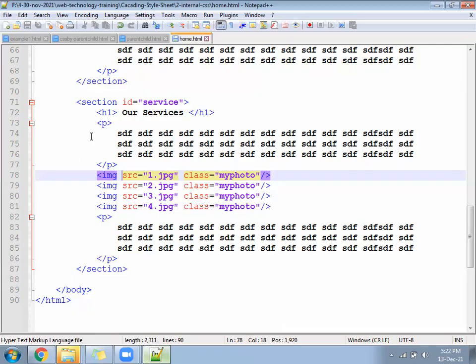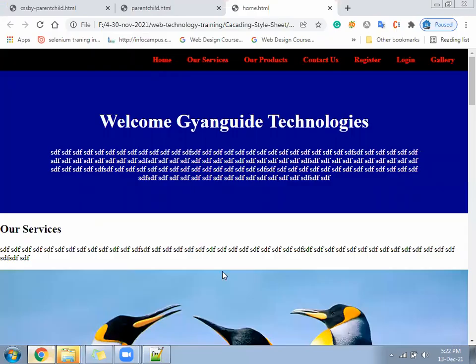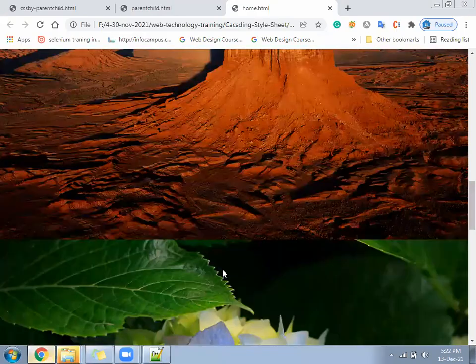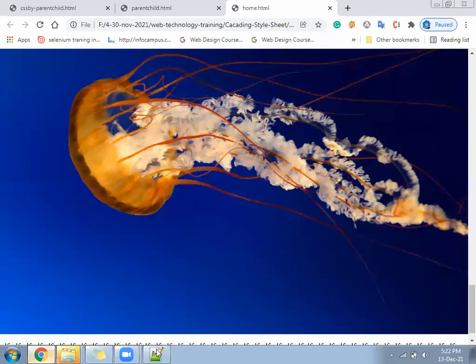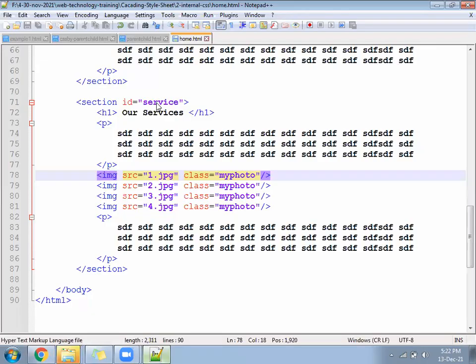Clear? Now let's go. If you run the page, you will find the photos come as big photos. We have to write the CSS to control it. First we can write the CSS for my photo only.